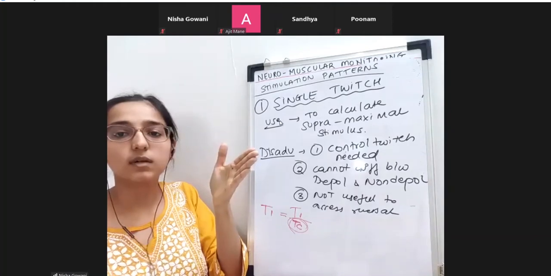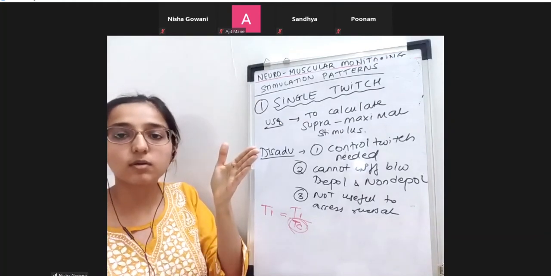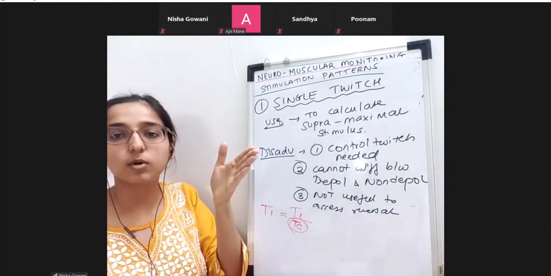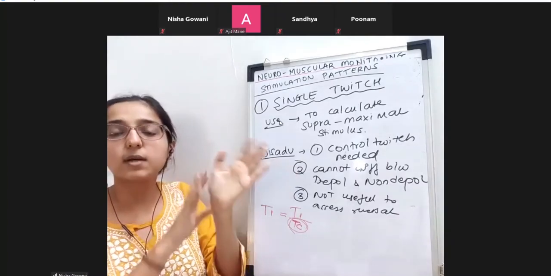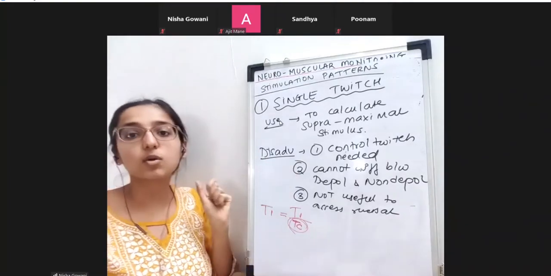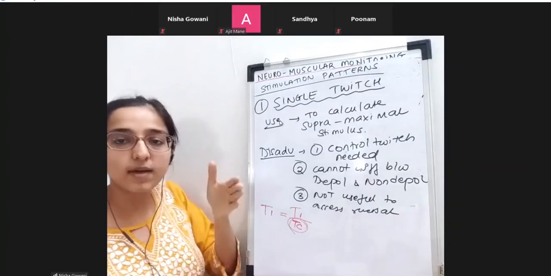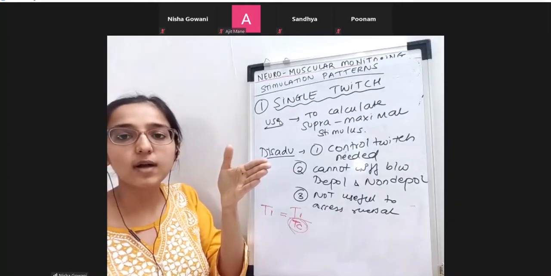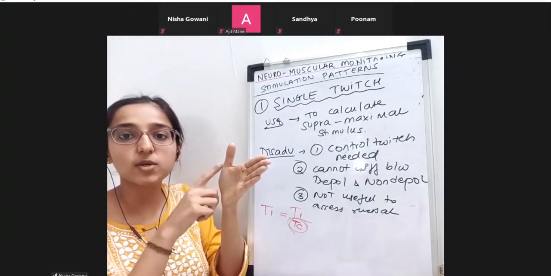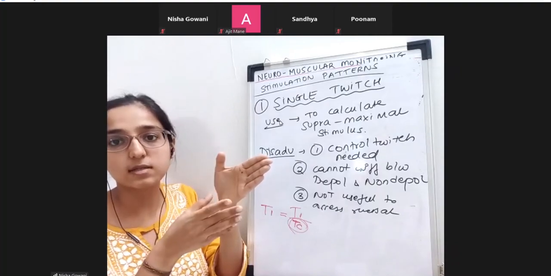Here, what is happening? You take a control, done. Then once more you are sending the stimulus. Okay, one more. So every time you have to compare with the previous. So there is a control which is always required. Whereas in TOF, what you're doing? 1, 2, 3, 4. So that first one which was there, you're comparing with the 4, which is the last.